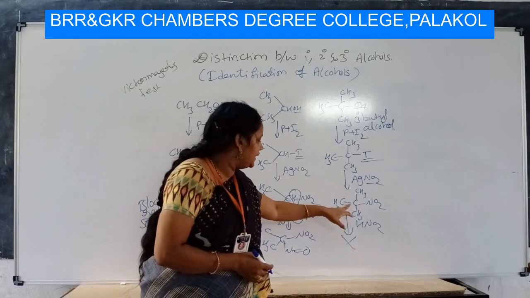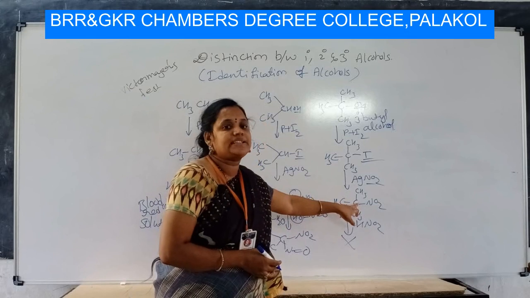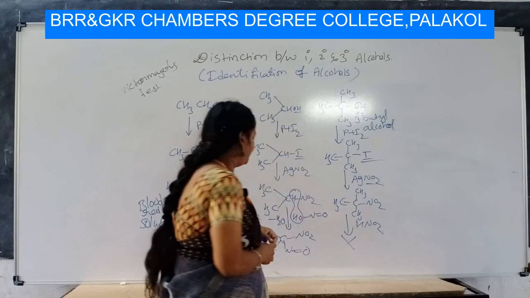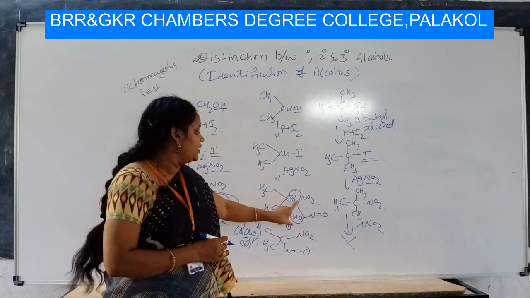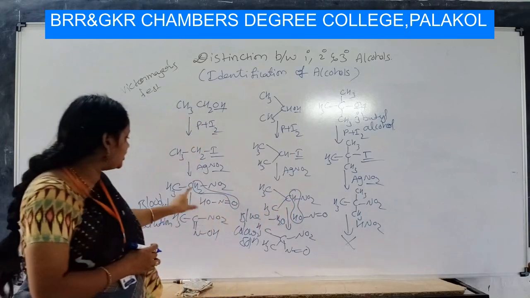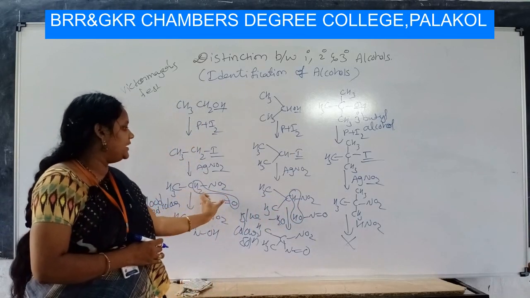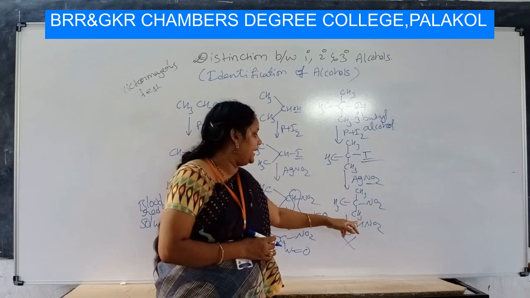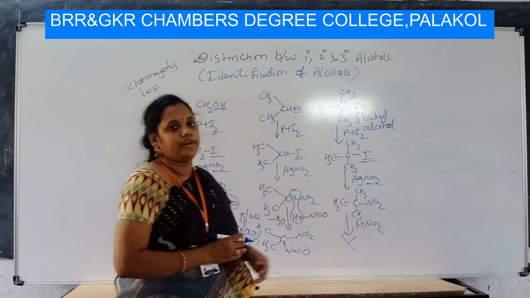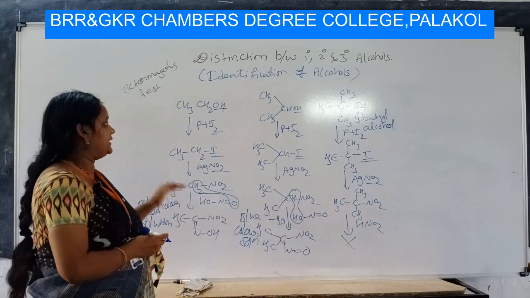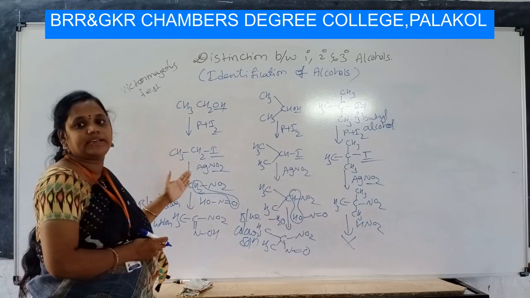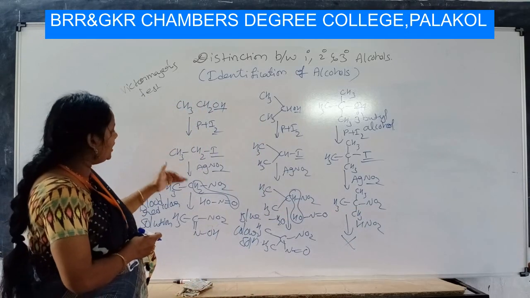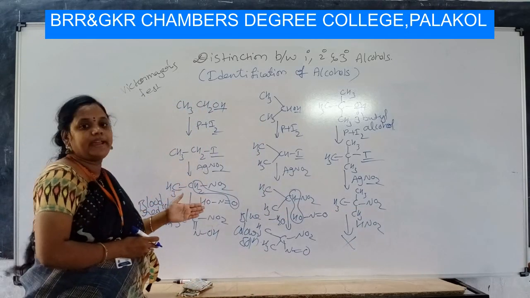Why? Because students, here if you observe, this carbon carries no protons, so no water molecule can be eliminated from nitrous acid. Here one hydrogen is there, so a water molecule is eliminated. Here also two hydrogens are there, and water molecule is eliminated. But in this case, no hydrogens are present to easily eliminate water. Hence no reaction. Victor-Meyer's test is nothing but an addition of a series of reagents: first phosphorus plus iodine, followed by AgNO2, followed by nitrous acid.